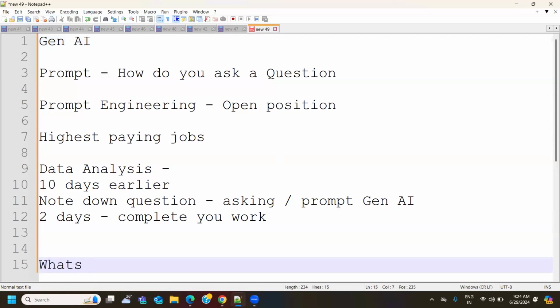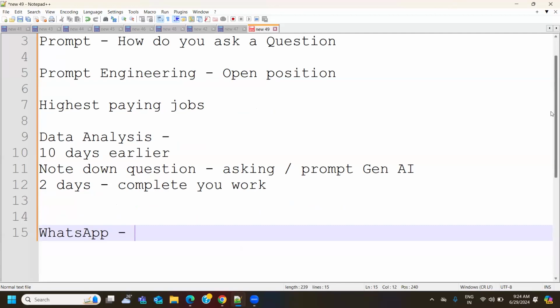The latest example: how many of you have updated WhatsApp? In the latest update, there is a new introduction in WhatsApp. They have added an AI there, Meta AI. So wherever you go, AI is there.